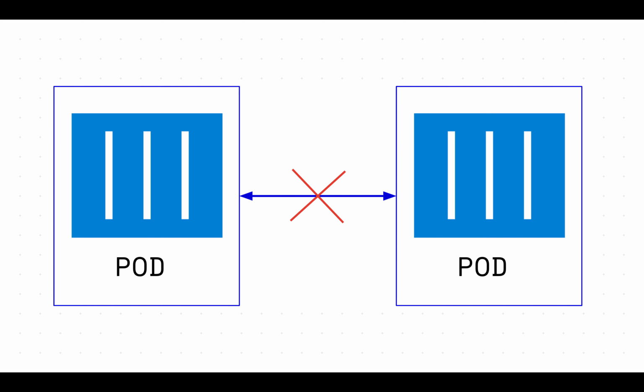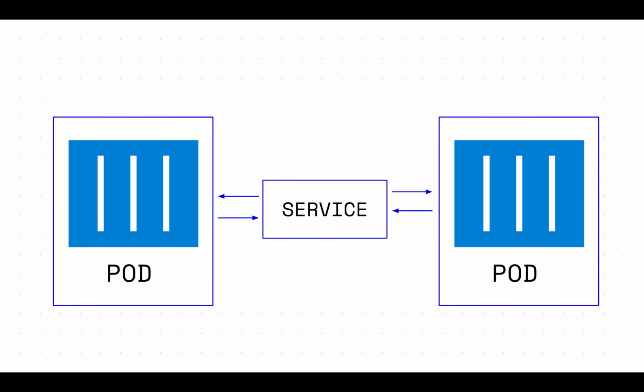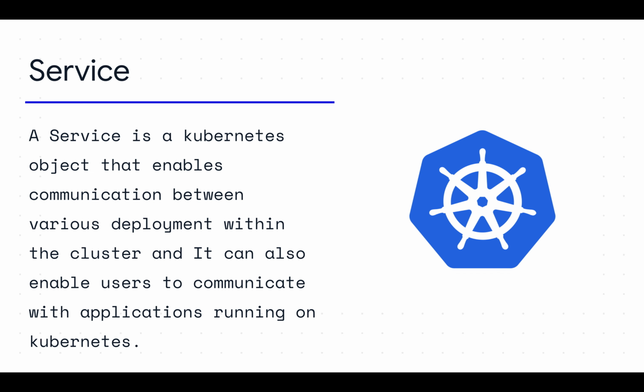You have to then talk about a Kubernetes resource called a service. A service enables communication between pods, and it also enables communication between a pod and the outside world. So we'll look at the types of services that can allow that in a bit. However, a service is a Kubernetes object that enables communication between various deployments or pods within the cluster. And depending on your configuration, it can also help enable communication between the application running in the Kubernetes cluster and a user, or the outside world, that is outside the Kubernetes cluster.